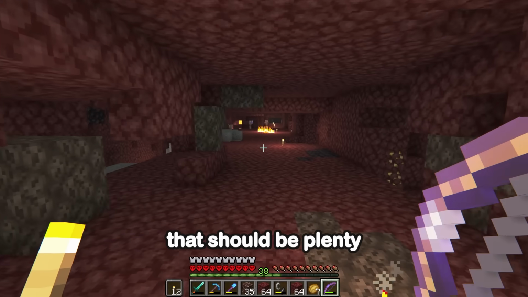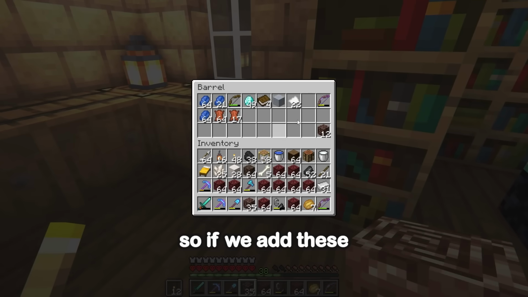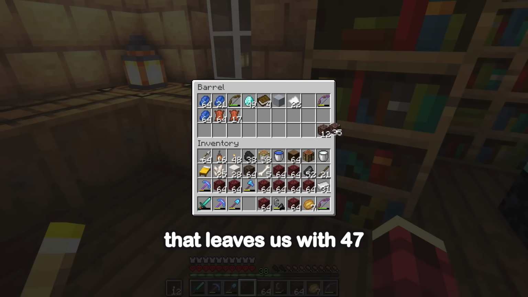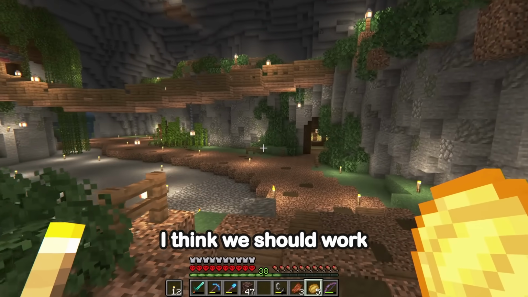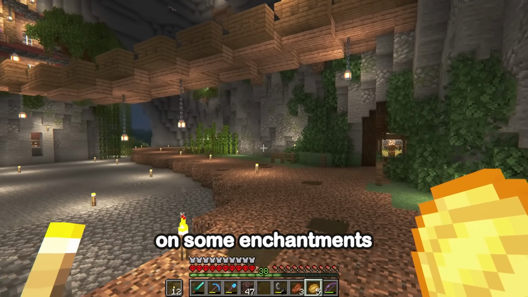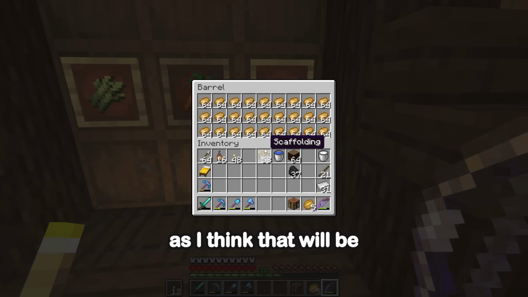Okay, that should be plenty of ancient debris for now, so I think it's time we head home. So if we add these to the 12 that we got earlier, that leaves us with 47, which is plenty. But before I go adding that to our armor and tools, I think we should work on some enchantments. I'm going to focus our enchantments on getting trades with our villagers, as I think that will be more beneficial